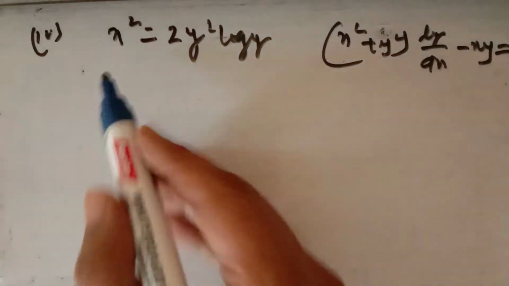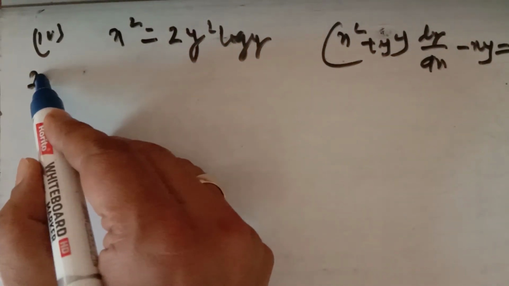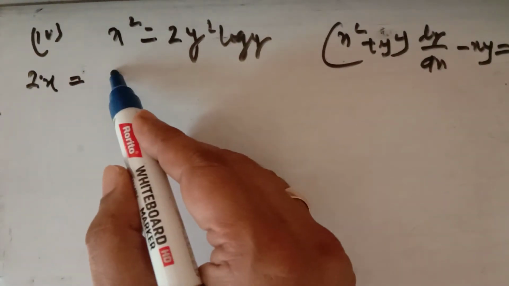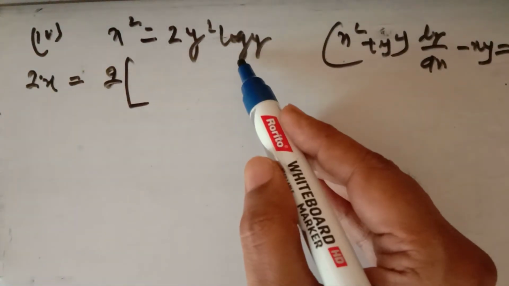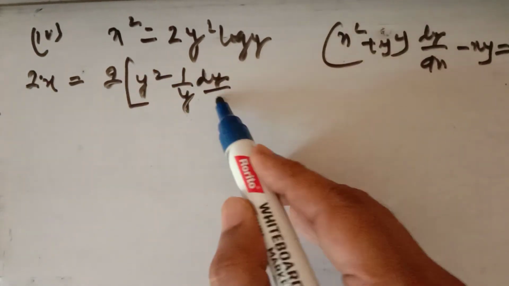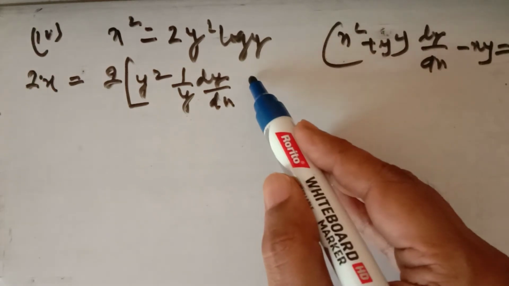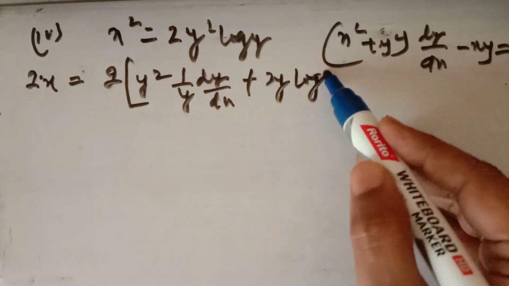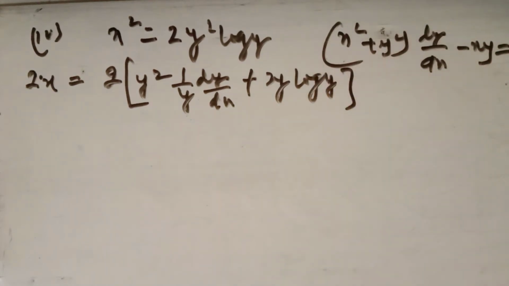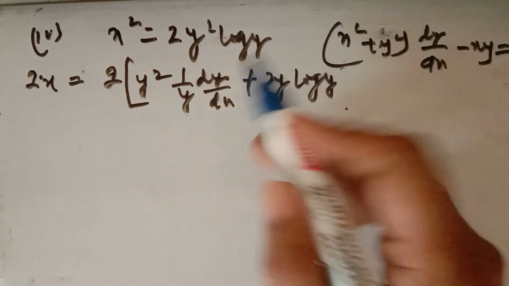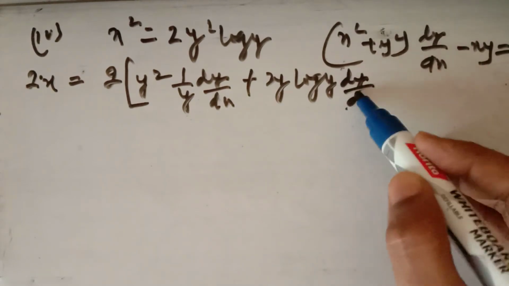So as usual, first of all differentiate it. You will have, see it here, we have only the first derivative. So 2x, it will be 2, you have to use the product rule here. It will be 1 upon y dy by dx, because we have differentiated y, plus the derivative of y square is 2y log y. This is the product rule we have used here. It is 2y dy by dx also will be there, because you have differentiated y square.